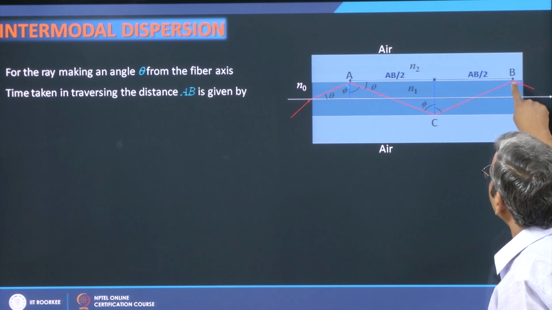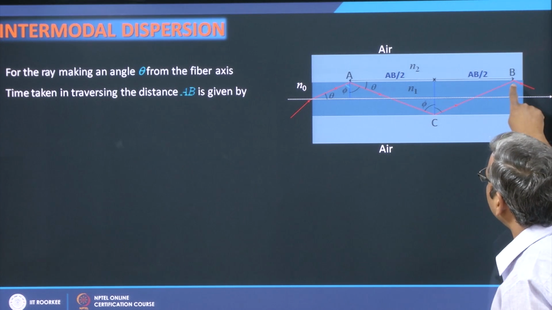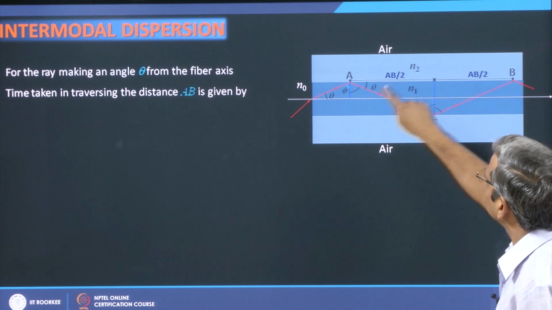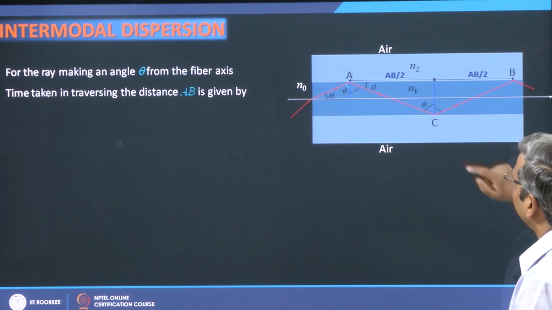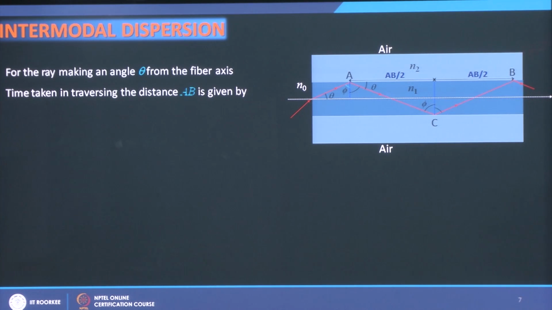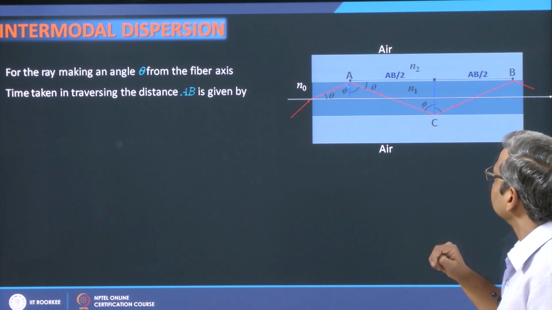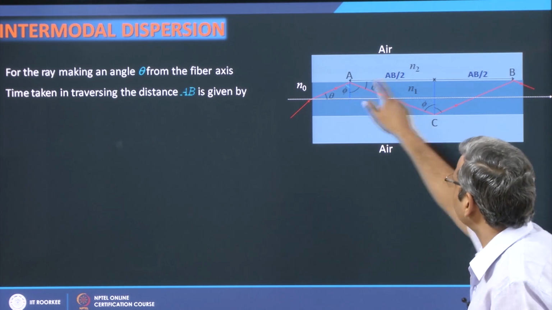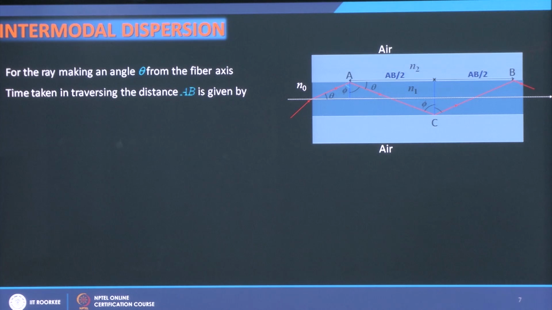When it reaches point B, it repeats itself after that. So, I can see these 2 points are kind of identical. So, if I can find out the time taken by this ray in traversing this path AB, then I can